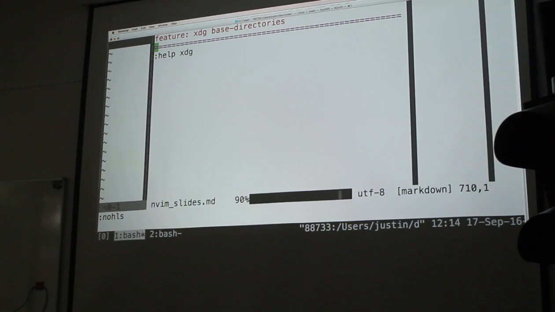If you don't care about it, then it doesn't affect you at all, because Neovim, we can't use the same path as Vim for our config file, so it had to be something different anyways. So that means there's no reason not to just follow the XDG directory layout format. That makes a lot of people happy.